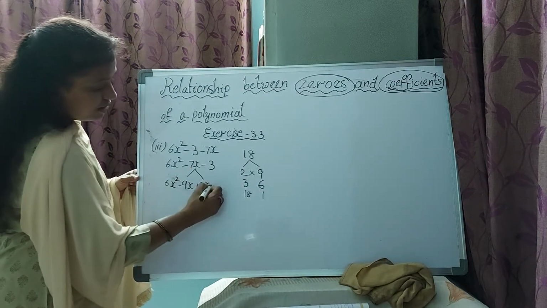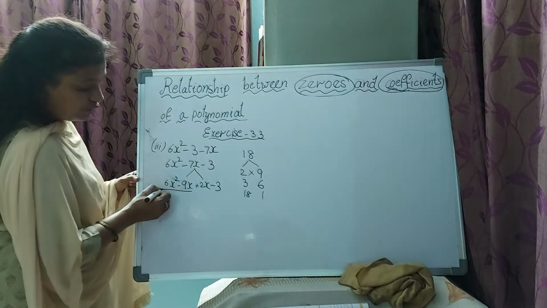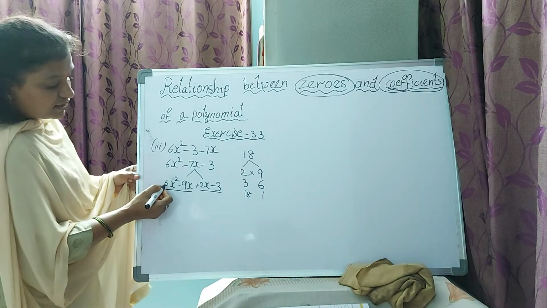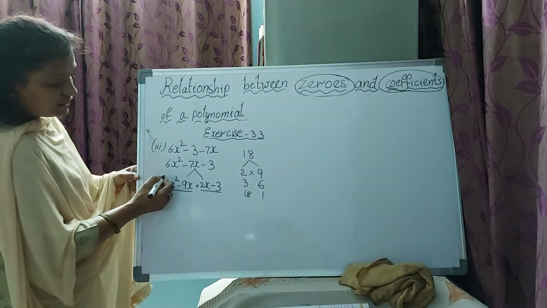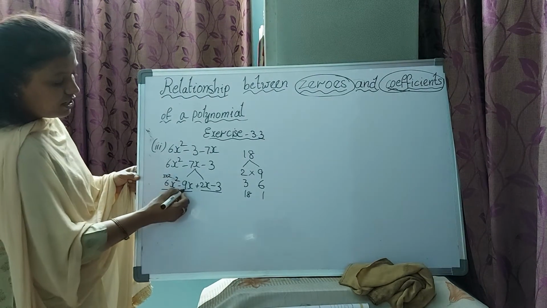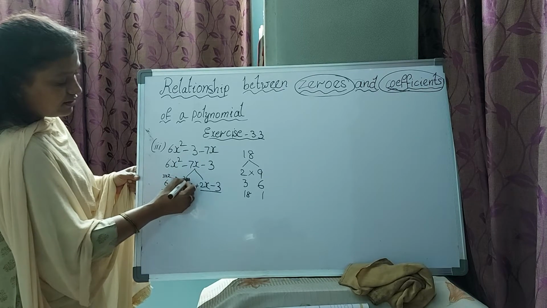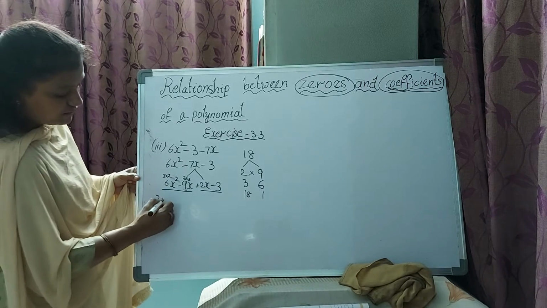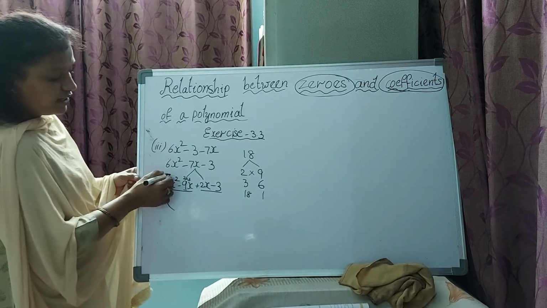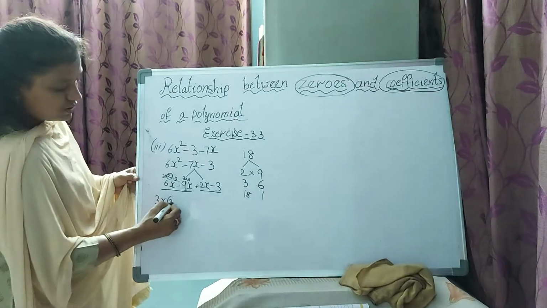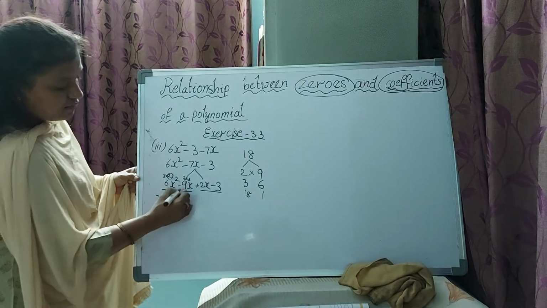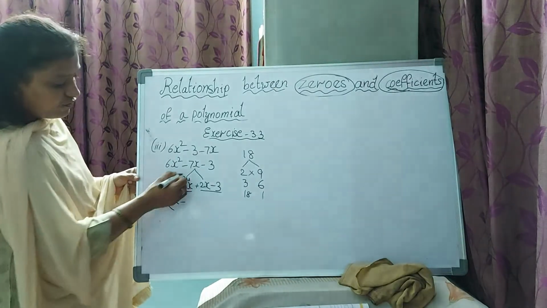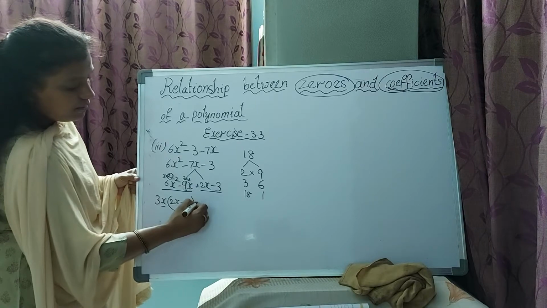6x square minus 3. Now from this you take common. See here, 3 2s are 6. If you write 6 as 3 2s, and 9 as 3 3s, you can take 3x common from this. If you take 3x as common, the remaining term is 2x, minus, here x is there already. Next 3 is there, one more 3 is there. So write that one, plus 1.